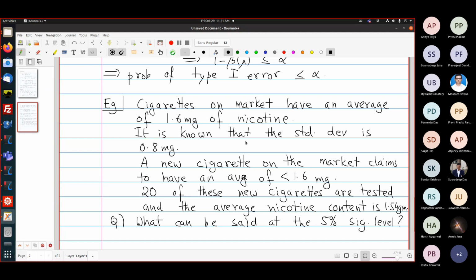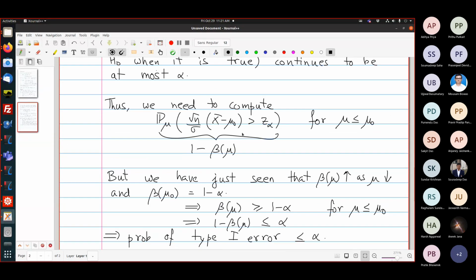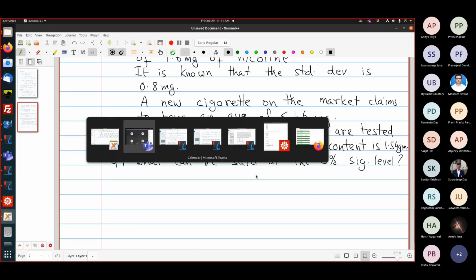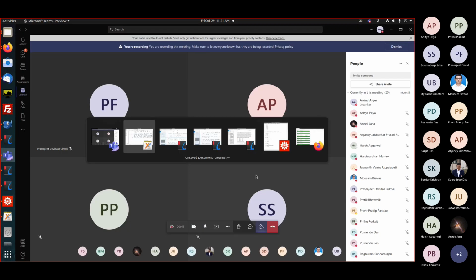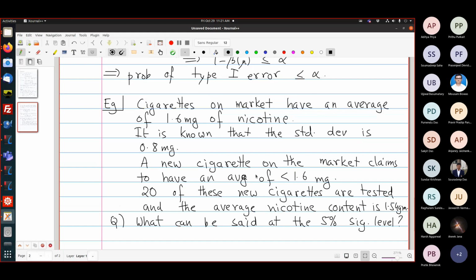Okay. So we know alpha. If you just stare at this formula, we know alpha. Mu naught is known, so we are okay. So what is the null hypothesis? Okay, let me ask all of you. I've read the question out to you. So what do you think is the null hypothesis?